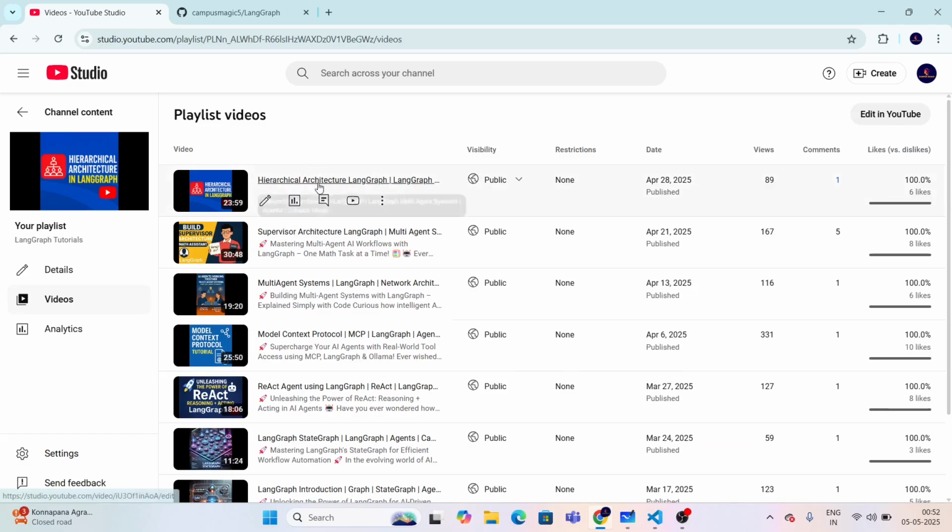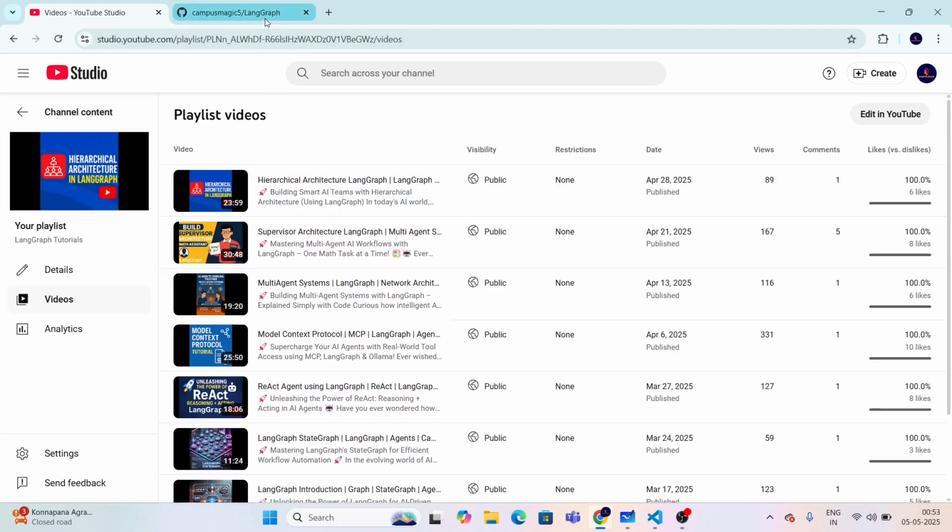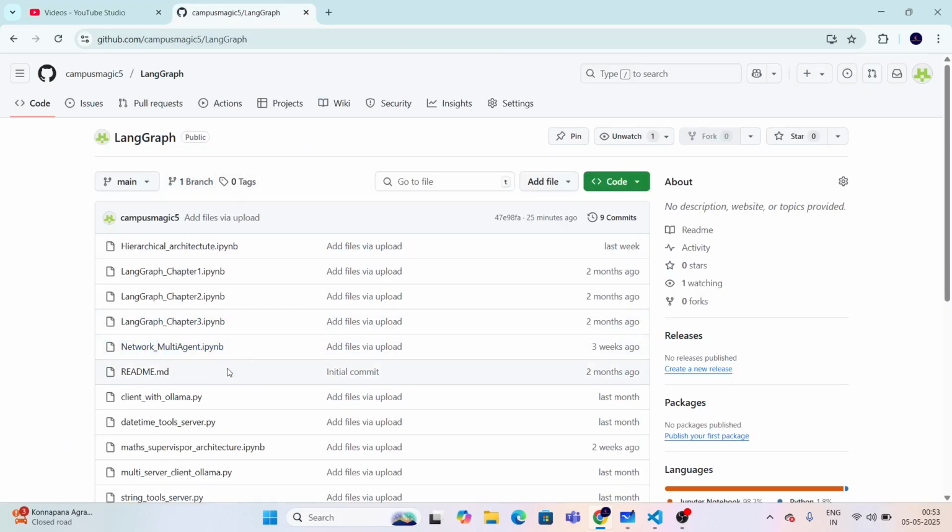Okay, so I've been putting different concepts in LangGraph in this playlist, and I've been putting all the code, whatever coding we have done, whatever projects we have created in all these videos, in this Git repo here. So feel free to just download this repo and use the code for your learning or for your project. Modify the code as per your requirement. Now let's get back to